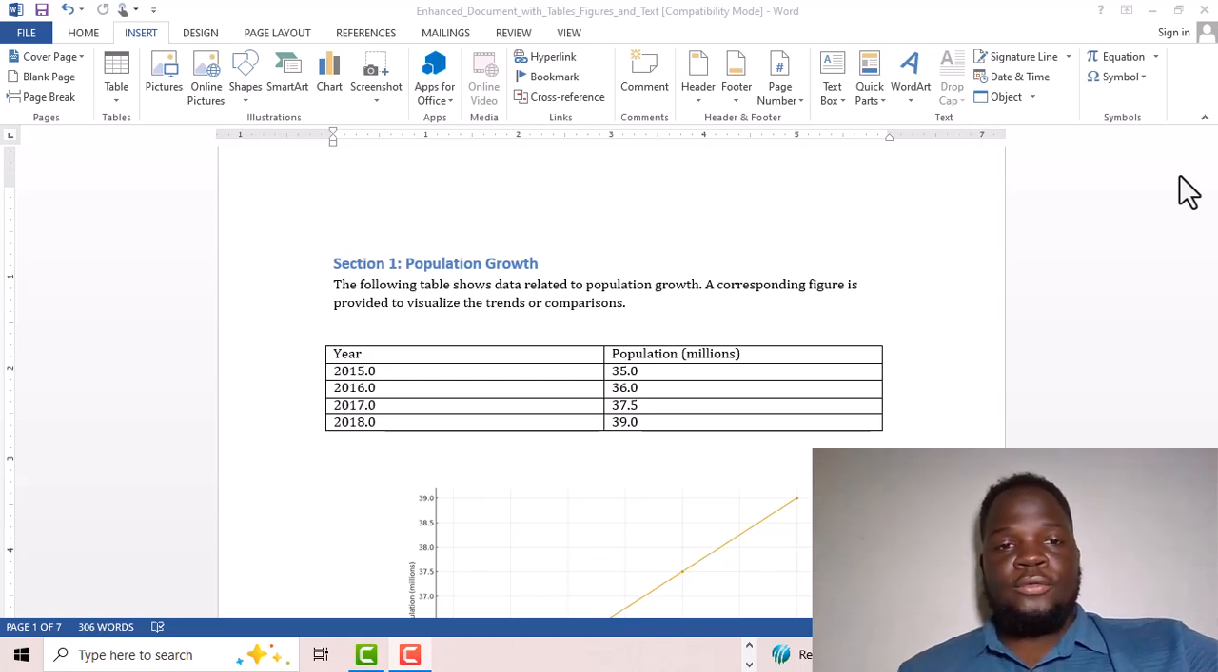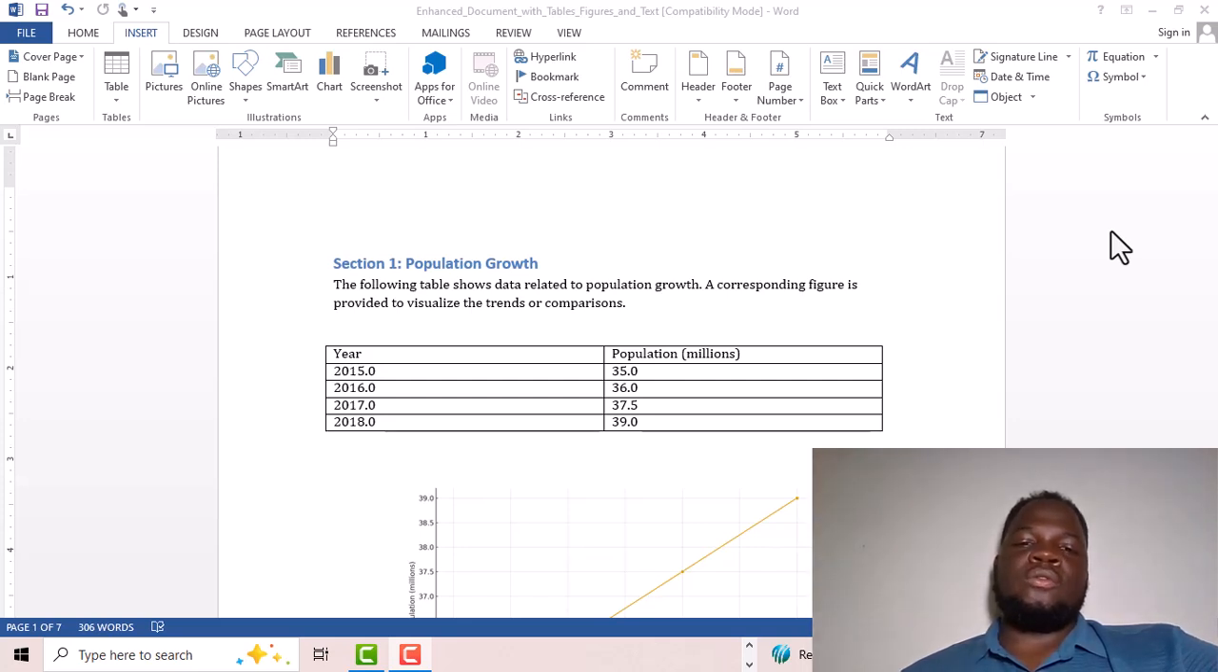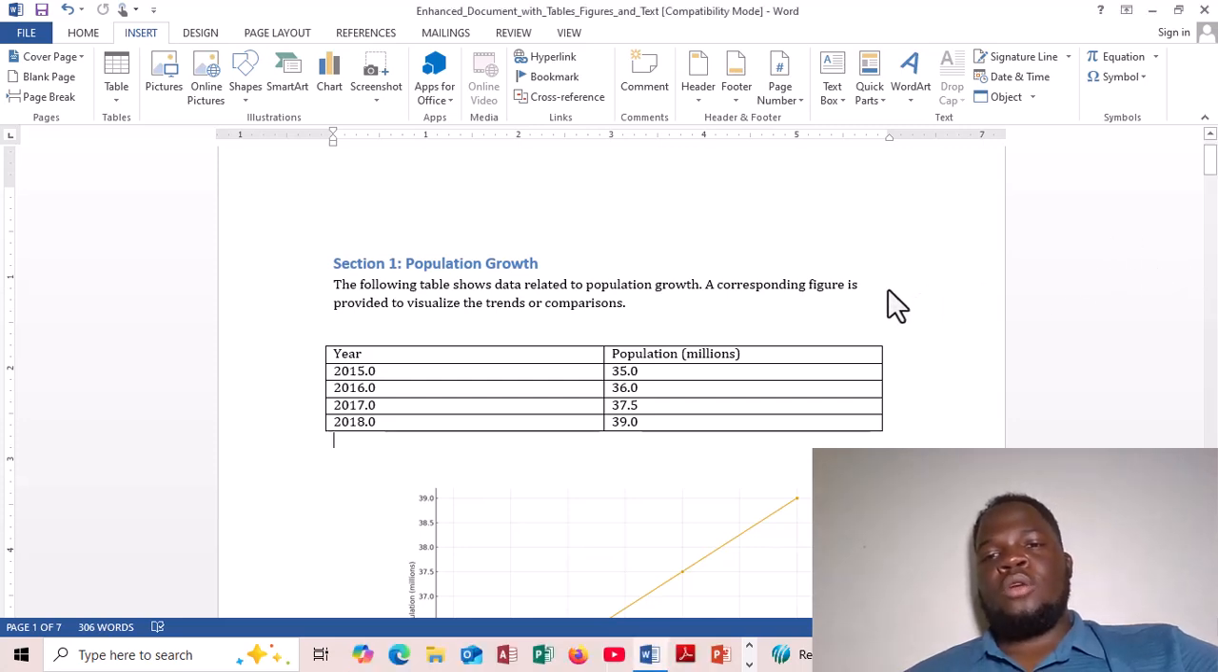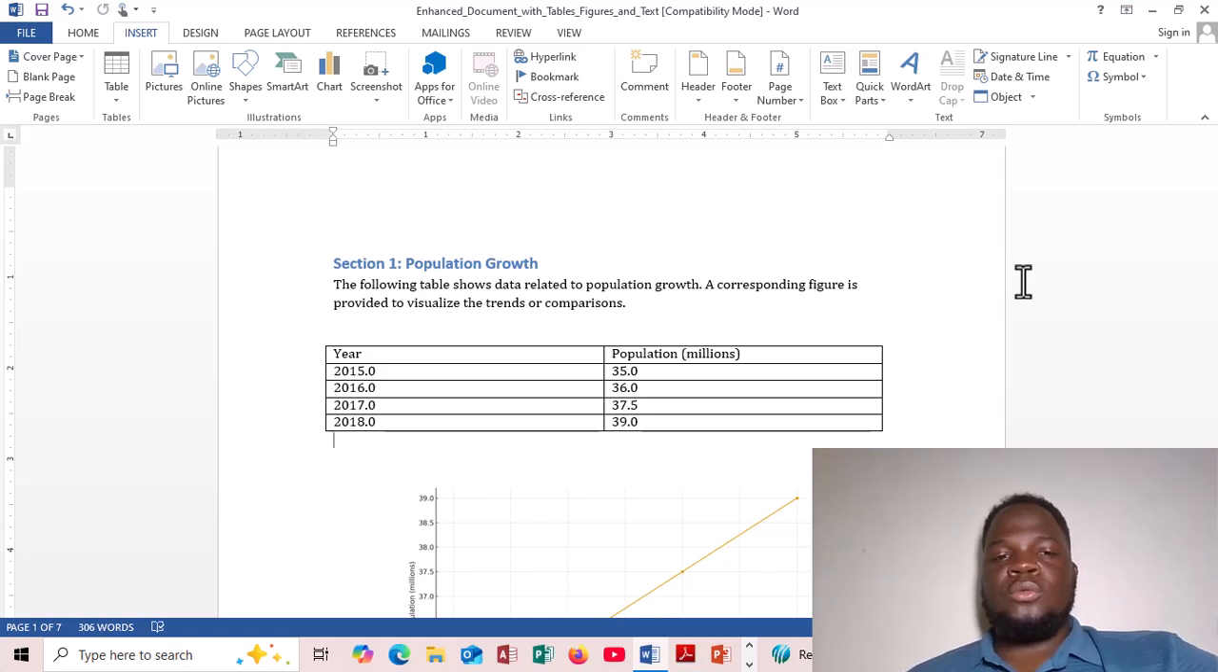Yes, today we are here to discuss how we can insert a list of tables and a list of figures into our Word document. In our previous video, we were able to go through insertion of a table of contents. In this particular video, we are going to be looking at how we can insert a list of tables and a list of figures. So basically it is the same procedure compared to that of the table of contents, but the only difference here is that we are going to be inserting